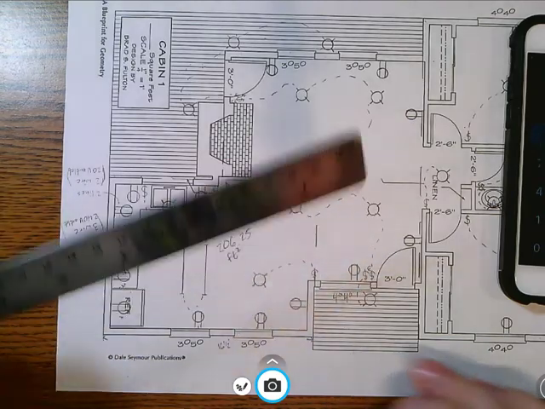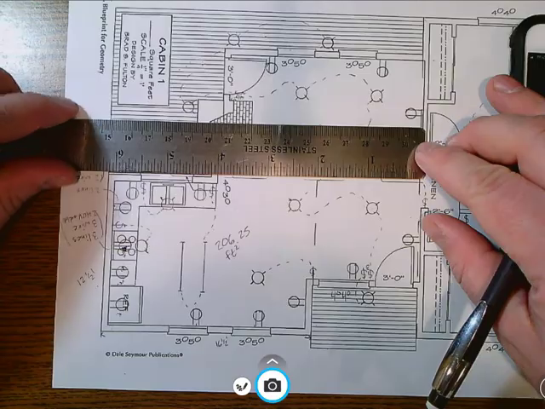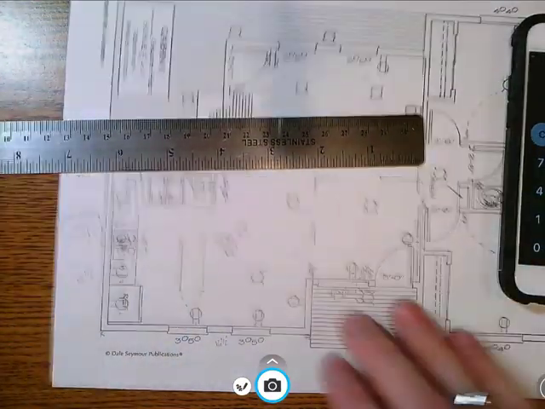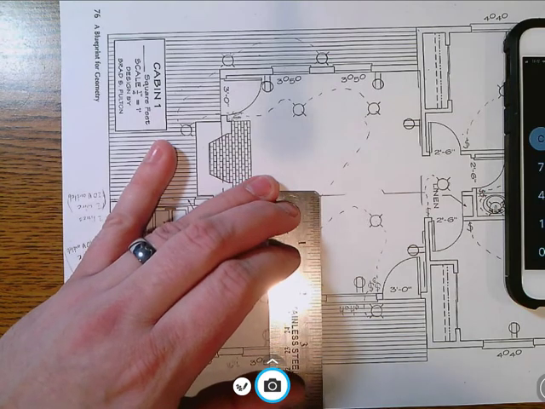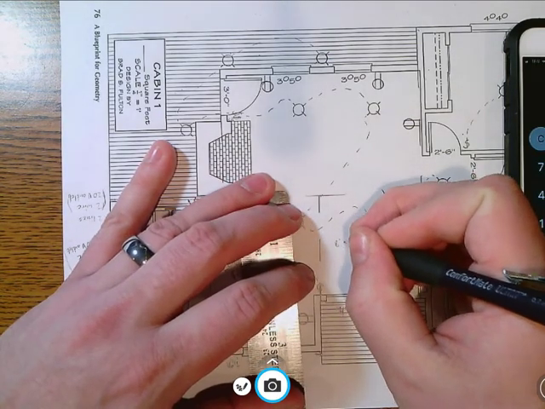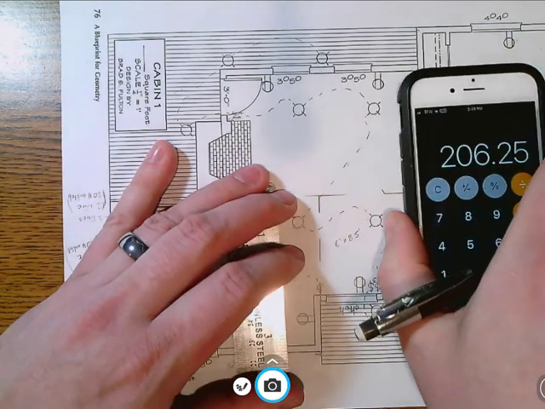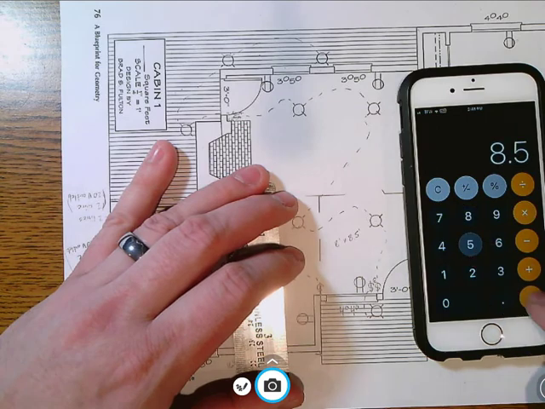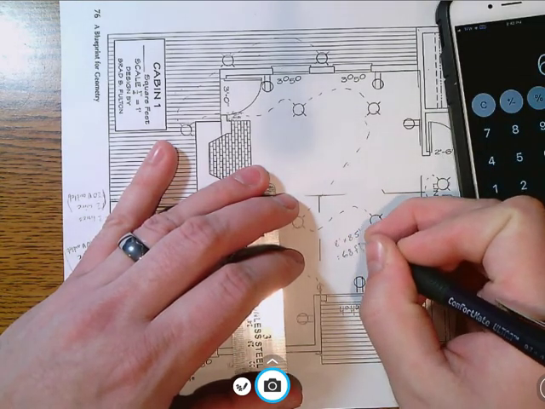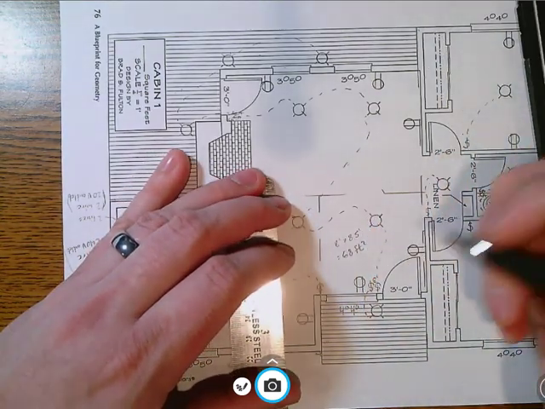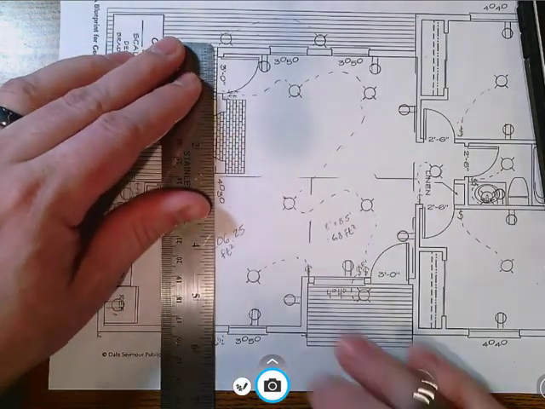This square here is 8 feet by 8.5 feet. So this square is 8 feet by 8.5 feet. So 8 times 8.5, this is equal to 68 feet square. Okay, so you have your entryway, you have your kitchen dining area. Now, this area,